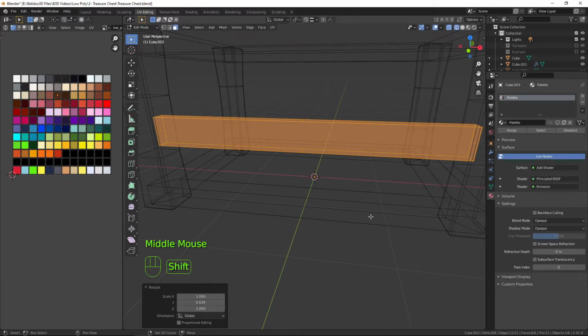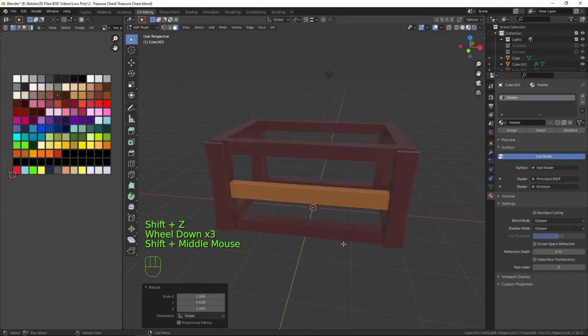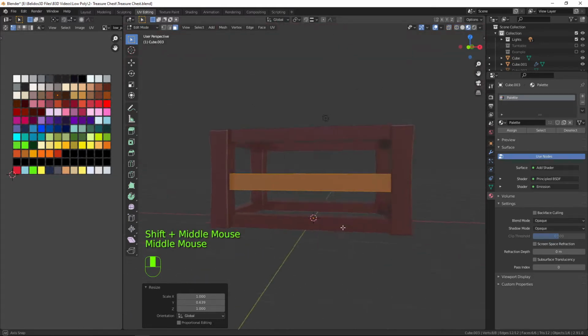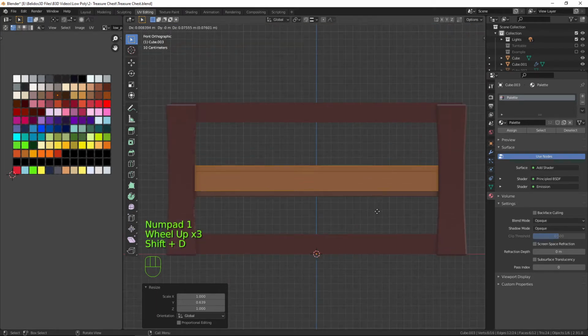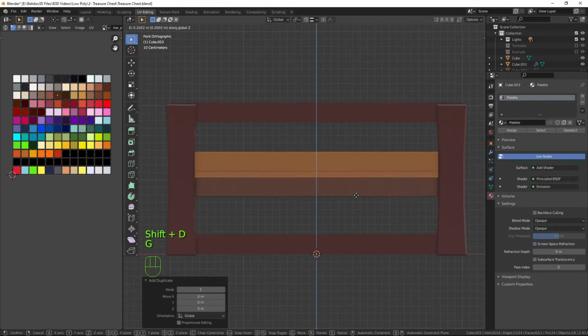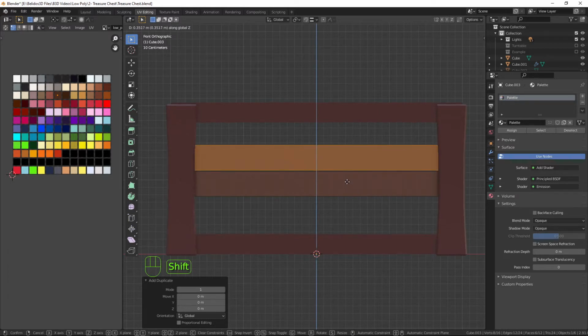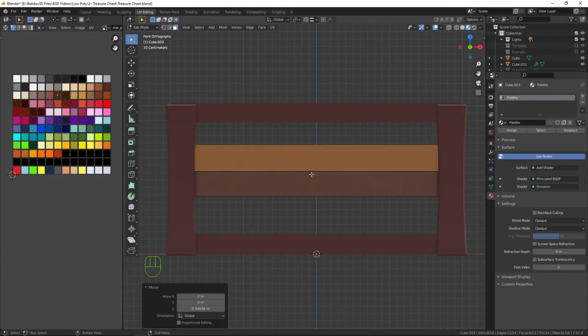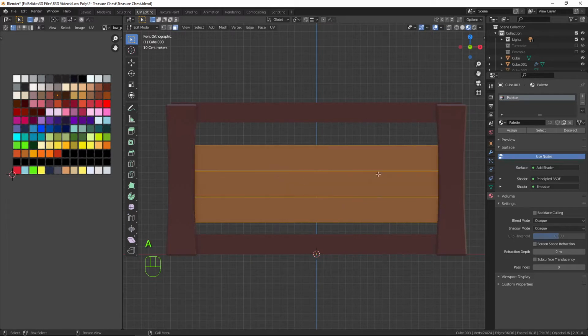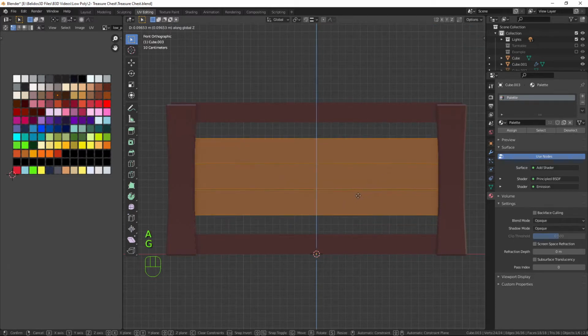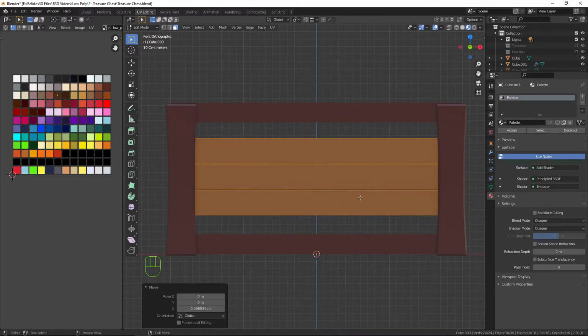So now, if we go back into solid view, we have one of our planks, and in front view I will Shift D and GZ to move it up, and I want it just above, so there's a slight gap, and then again Shift D, GZ, bring it down so there's a slight gap there, and then I can select everything, just move it up a little bit so it's central,